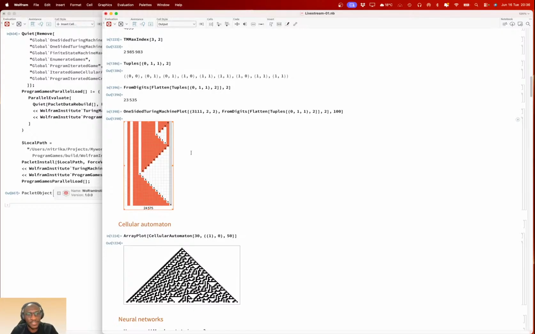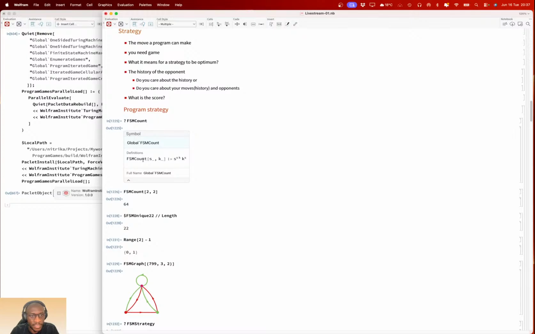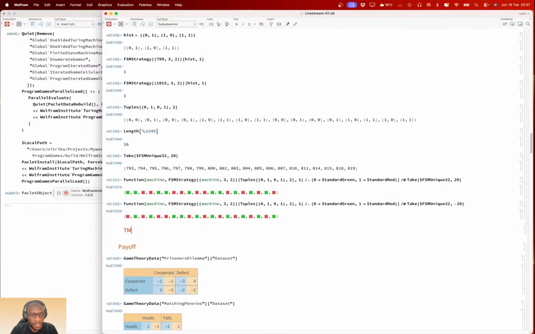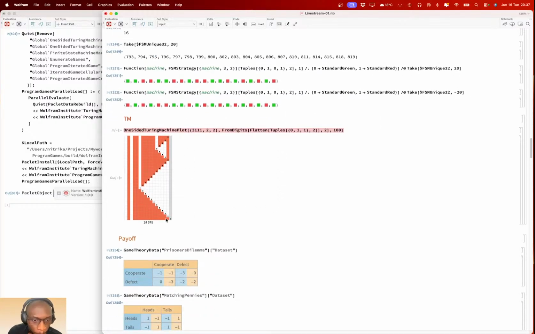And what it means for a strategy for this Turing machine is, let's go here, Turing machine TMs. This is what it means for a strategy. Check at the point where the machine halts, and then pick the last move it made, which is this guy. So it made a defect move, or a 0 or a 1 in this case.